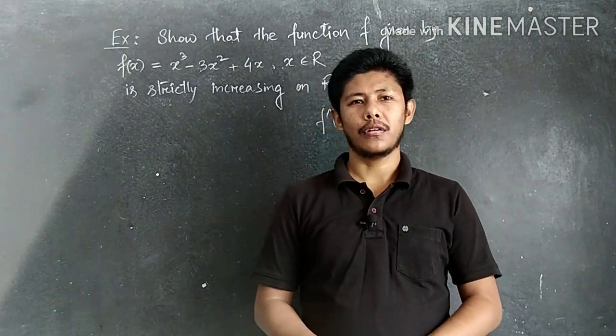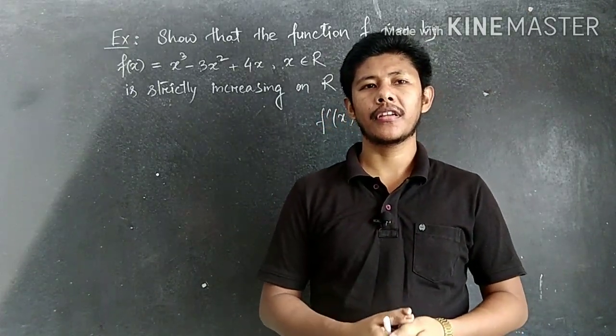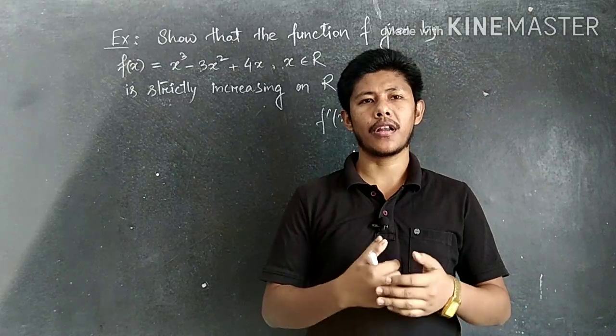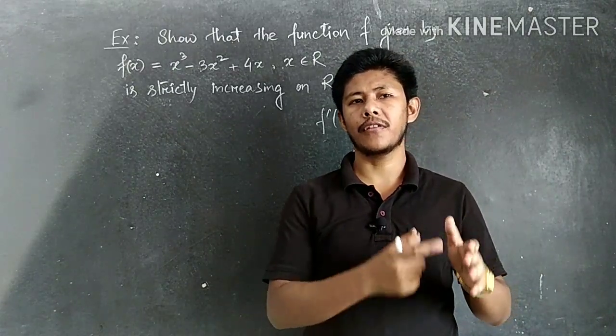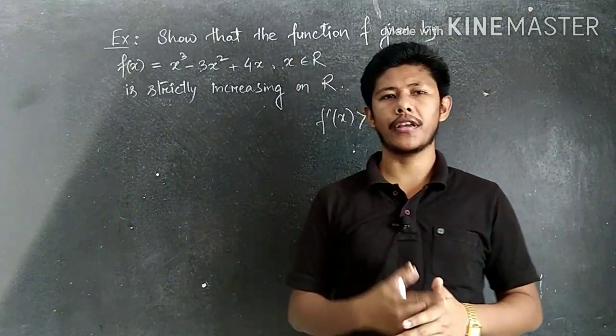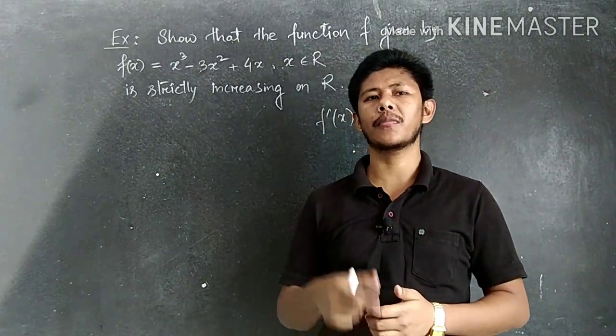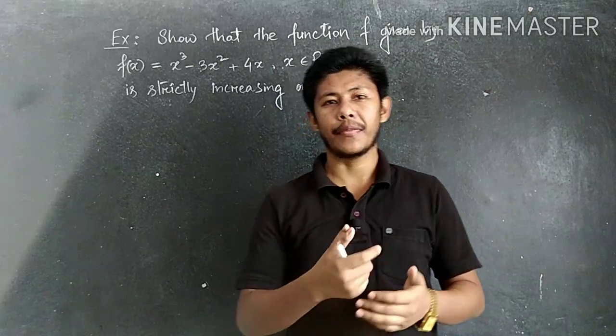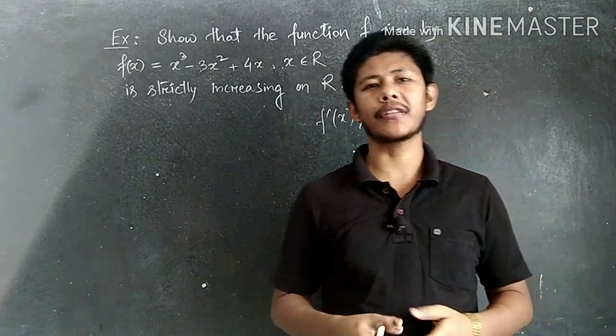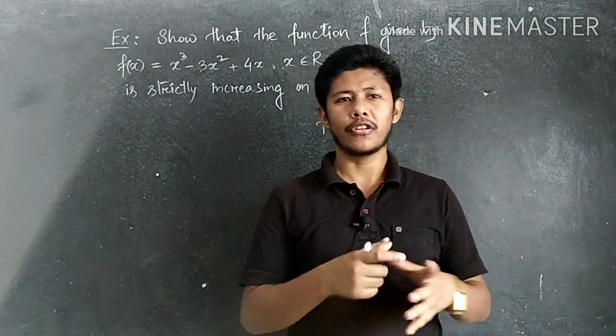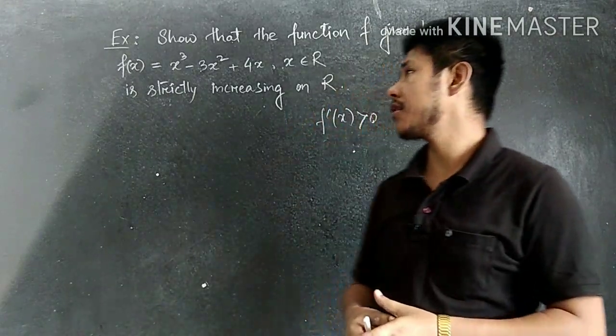Students, so we complete the increasing and decreasing part, is not it? So now there we get actually 4 terms: increasing, strictly increasing, decreasing, strictly decreasing. And with respect to this, some conditions we also get there: f dash of x greater than 0 or f dash of x greater than equals to 0, is not it? With respect to this, now here we consider an example.